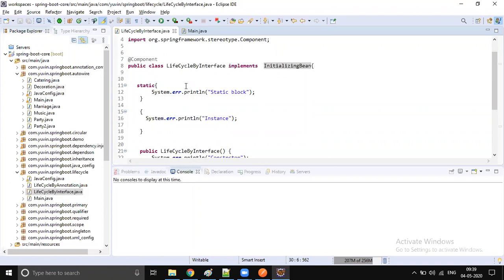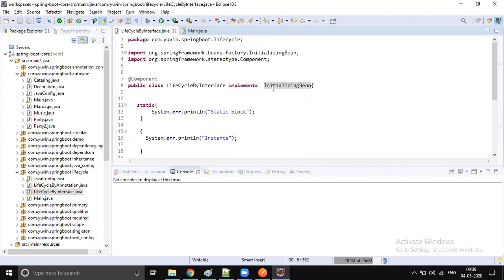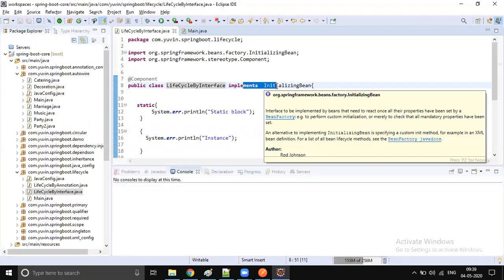So why did I give that comment? First thing is, implementing any Spring interface on your bean is not just bad, it's the worst practice. Never do this. Even though this kind of feature is available, never implement any interfaces, never extend any classes, use annotations.